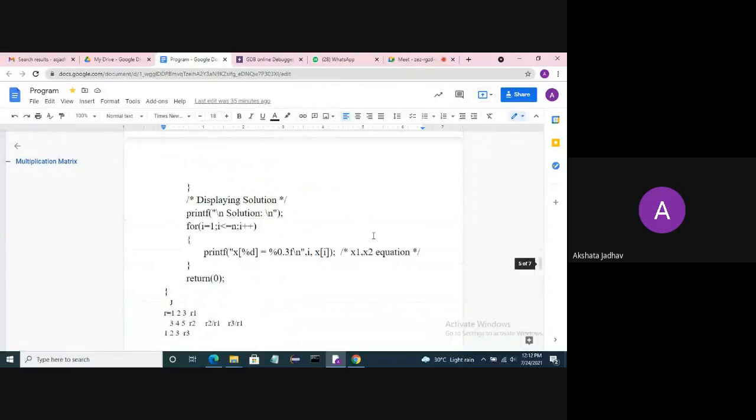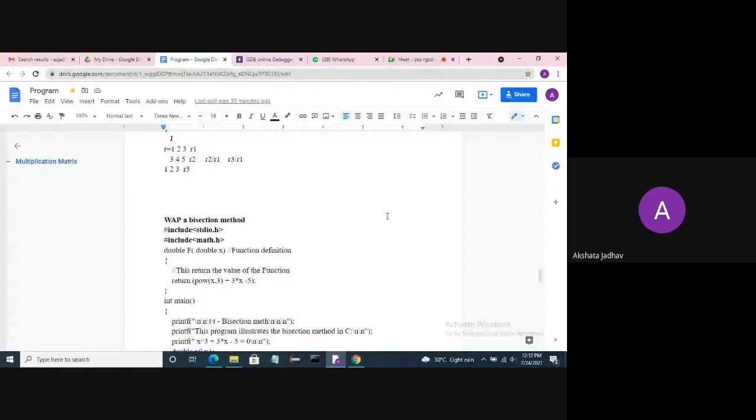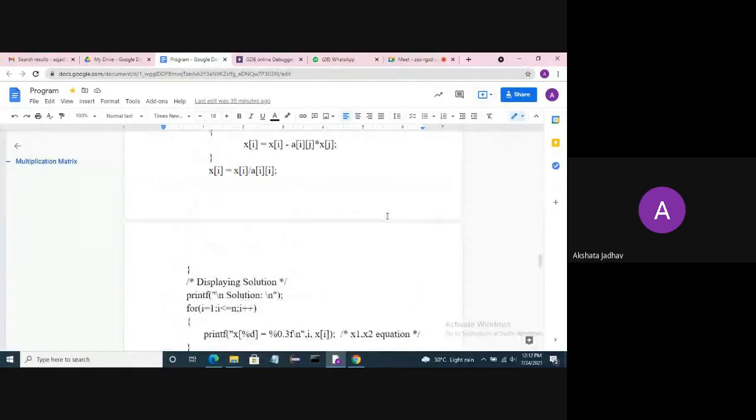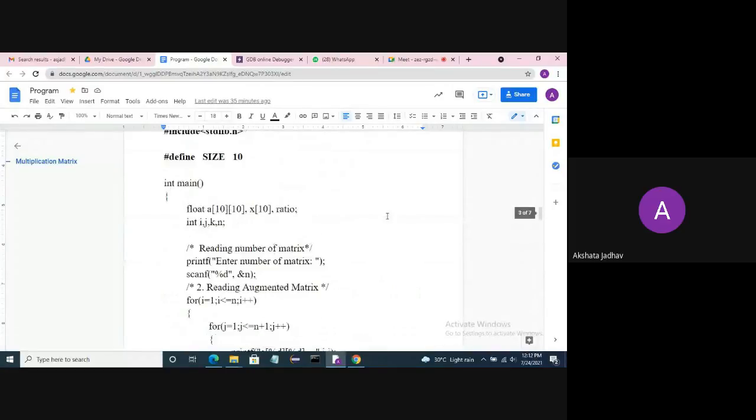All of you see the first, second matrix and then the third matrix. And then we will find our original values x1, x2 of the equation. This is enough for it.